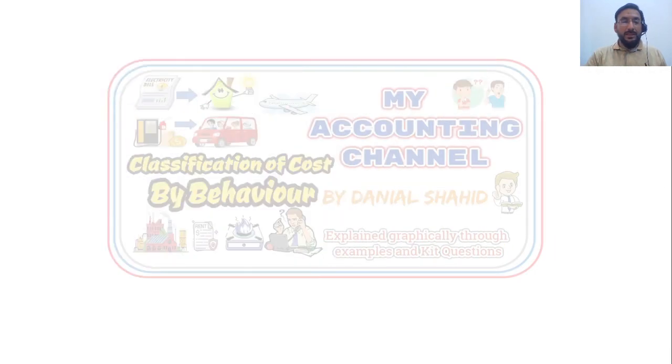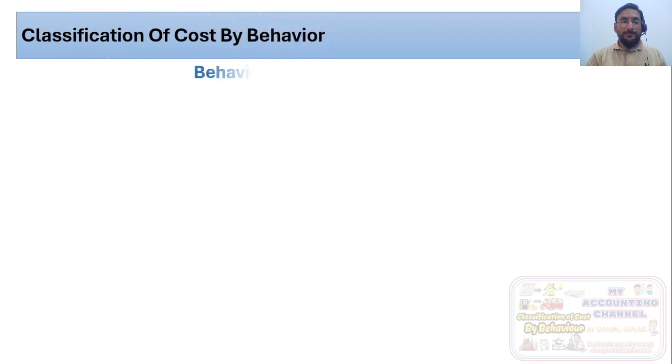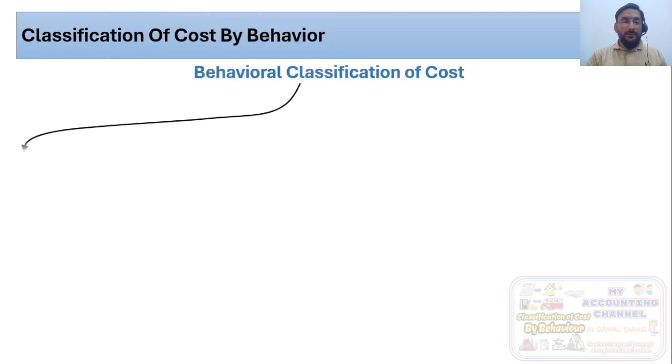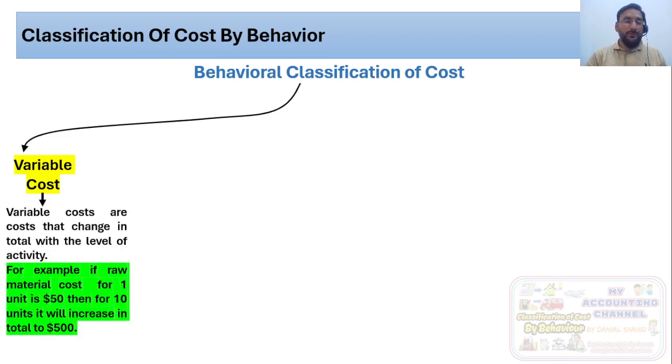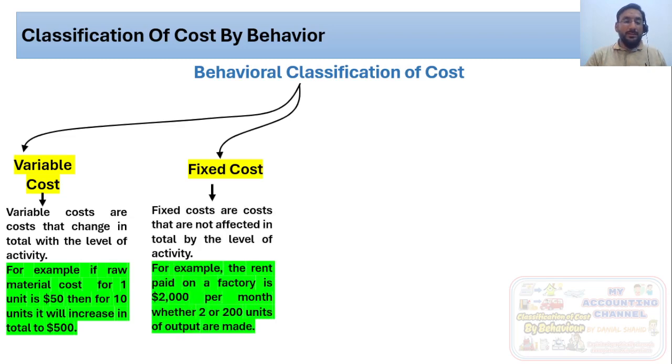Let us continue to the next slide. So finally we have four classifications on the grounds of behavioral classification of cost. The first is variable cost that changes in total with level of activity. The example is raw material cost: if 1 unit is $50, then for 10 units it will be $500. So it's variable cost. Raw material cost, labor cost, electricity, gas, all of these costs that vary with level of activity are variable,